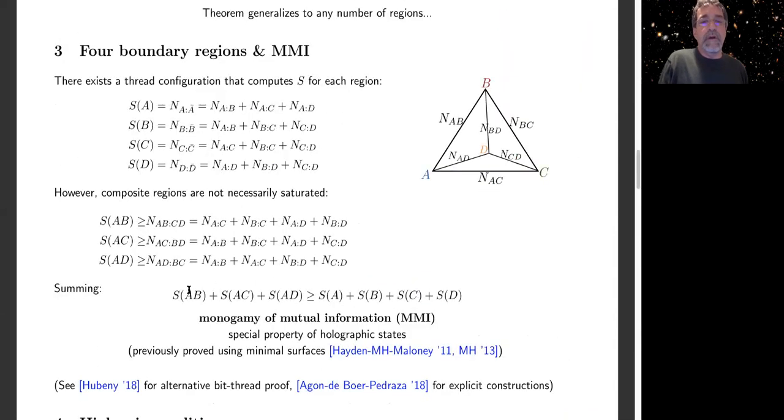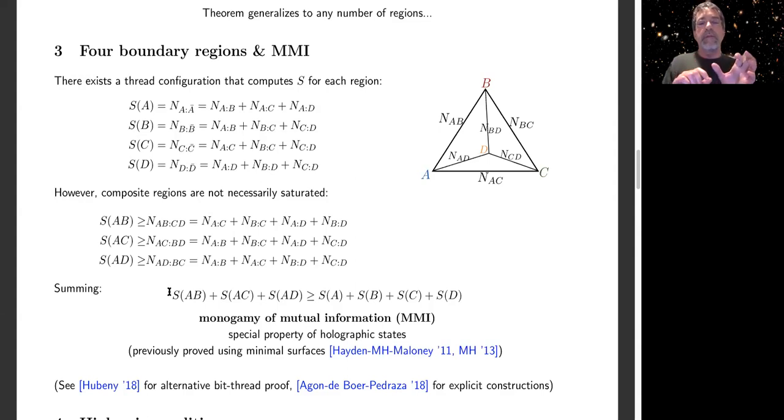So the difference between the two sides is a quantity which is called I3, tripartite information. It's the amount of perfect tensorness in your four-party state. And how do the bit threads represent that? Well, no single thread configuration represents that, but if you look at the space of thread configurations,